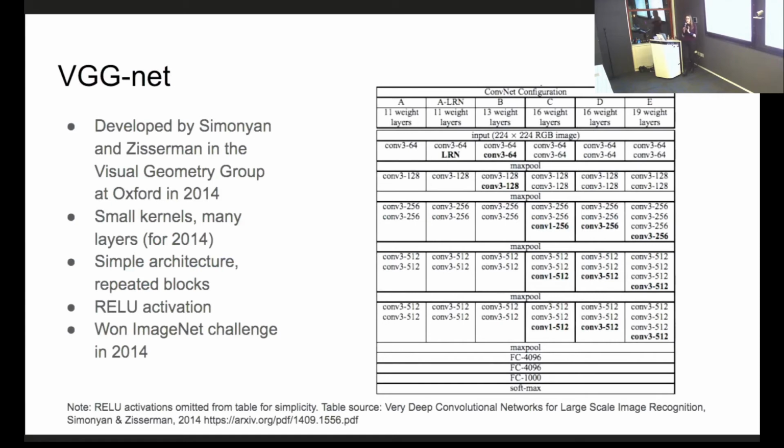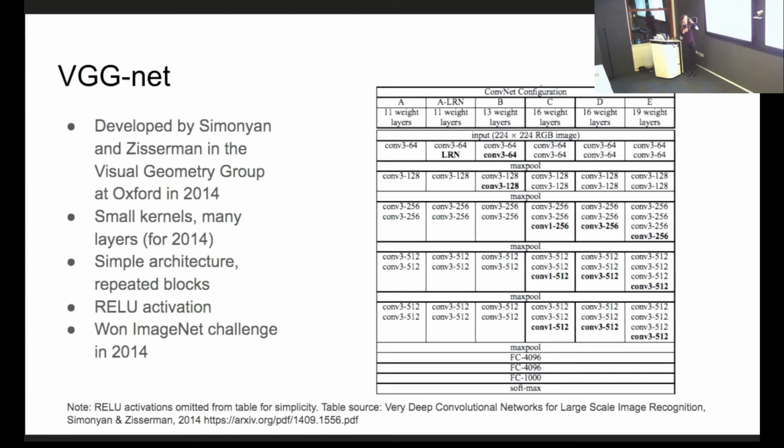And you'll see as we go through these two types of architectures, there'll be a running theme, and that's deeper is better. So the first network is what's known as VGGNet, and it won the ImageNet challenge in 2014. And it's interesting for a number of reasons. So the first is that it's very simple. And I've included this big table on the right-hand side, which I encourage you to look at